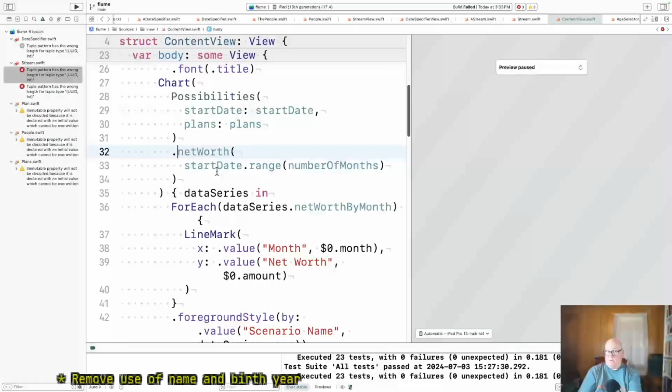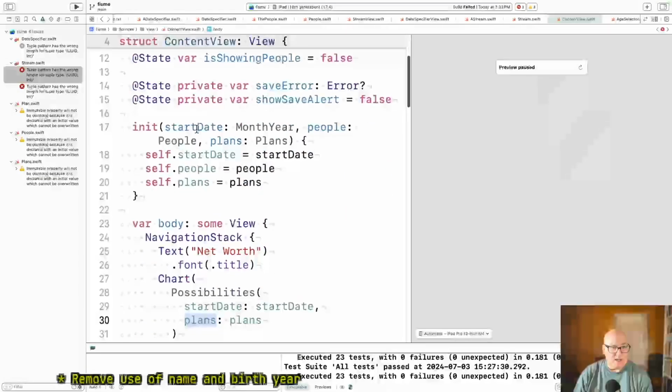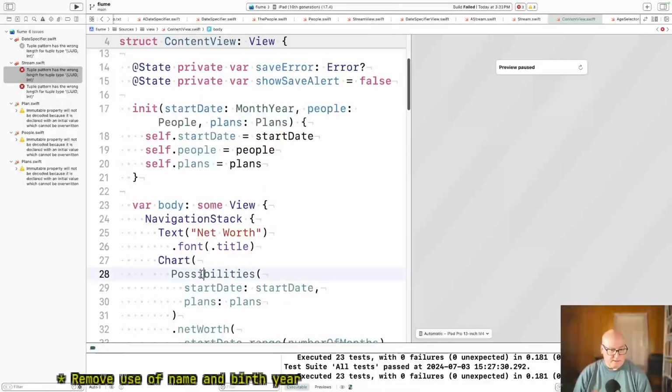One way is to make a big old global. Another way is to initialize these objects so that they know the person object, which might be okay for possibilities. And the third way is do it in a parameter. And so only net worth needs to ask this question. So could we just pass it along there? But I think maybe this possibilities knowing people is not a bad thing. Let's see what that would look like.